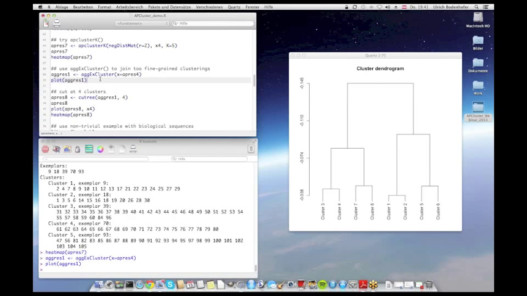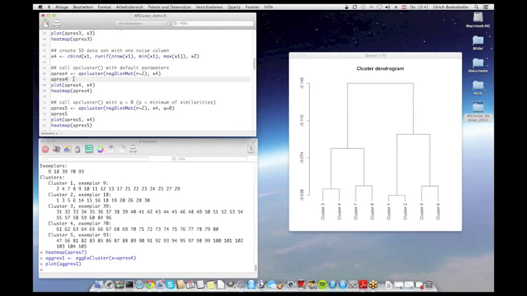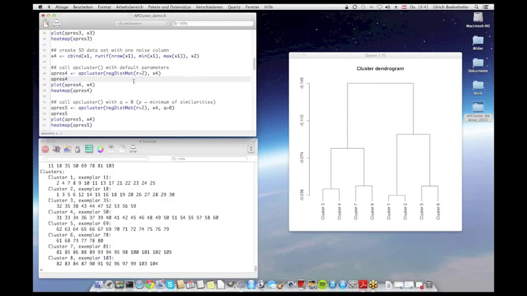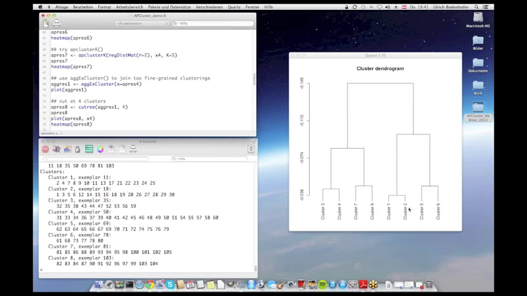Okay, I also told you about aggExCluster, which is an agglomerative method that can be used to further cluster fine-grained clusterings made with affinity propagation. I ran this on the one with the 8 clusters, if I remember correctly. Yes, that was the one with the 8 clusters. And then these 8 clusters are further merged. And from this dendrogram, it really looks as if there were 2 groups of clusters. Actually, it pretty much looks like 4 clusters that are grouped into 2 larger